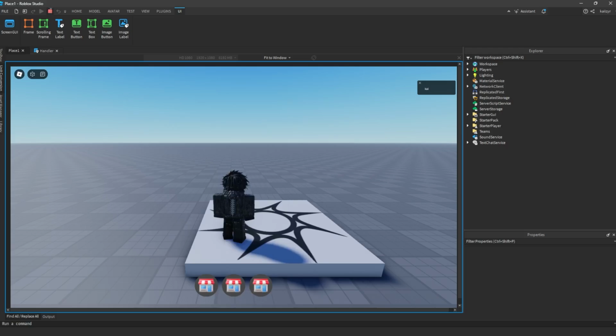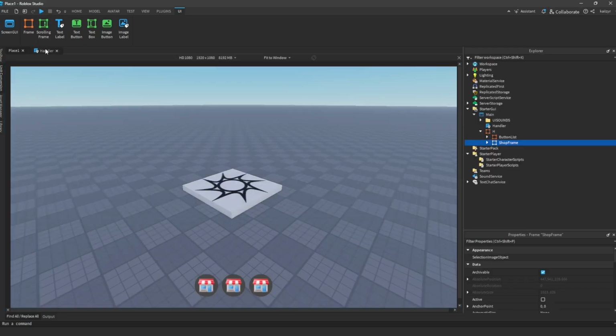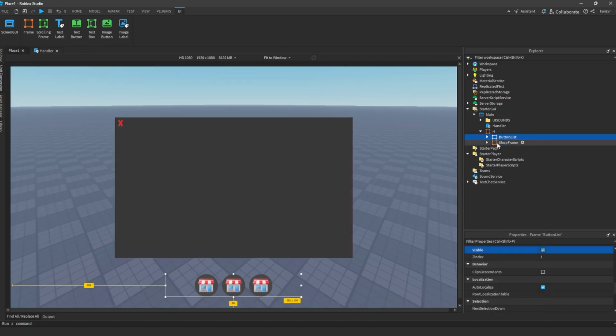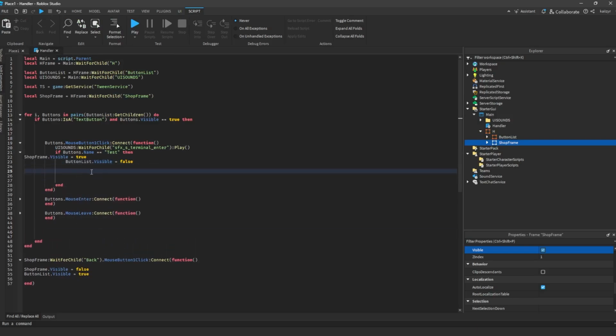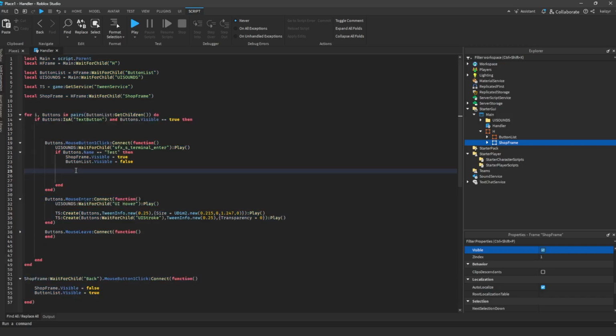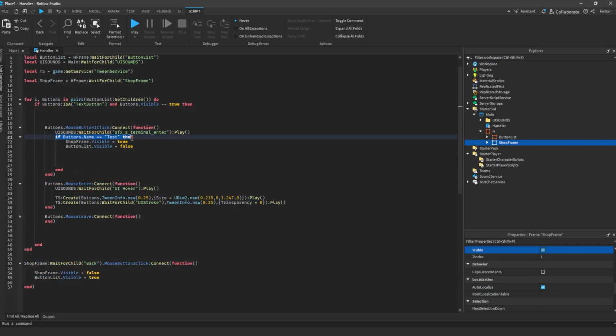See? All right, now we're going to give it a quick little animation. So go back to the shop frame, make sure it's visible so you can see it. And then you want to keep its original location. Let's format this just in case it's a little messy. So if button name is test, then you want to go ahead and tween the shop frame. So create ShopFrame, TweenService new,